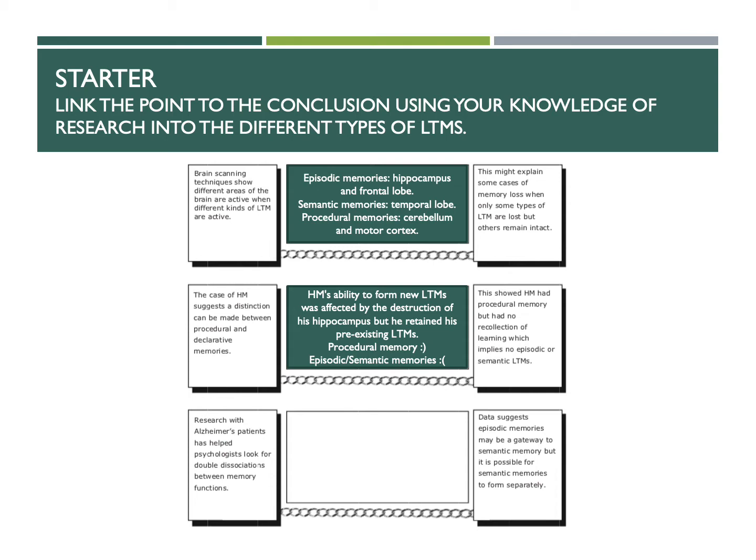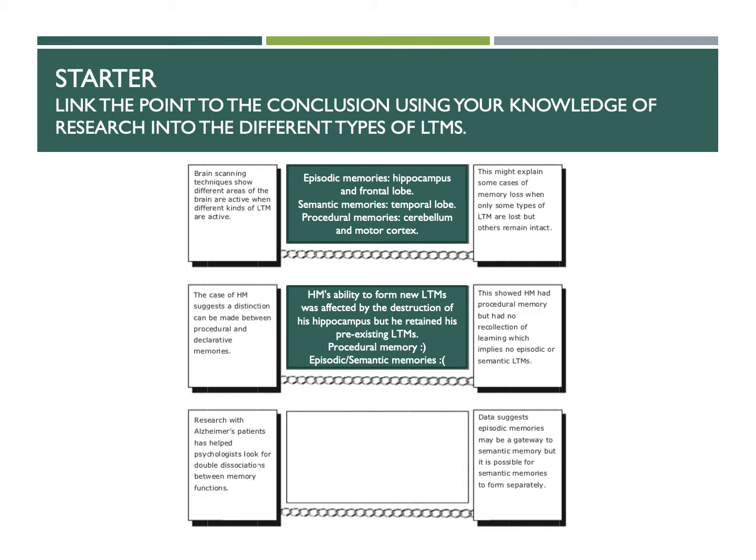And they found that even though HM had no recollection of doing this mirror drawing task, he did get better. So therefore he was forming new procedural memories, but he didn't have any episodic memory of that event happening in his life. And then the third evaluation that we looked at